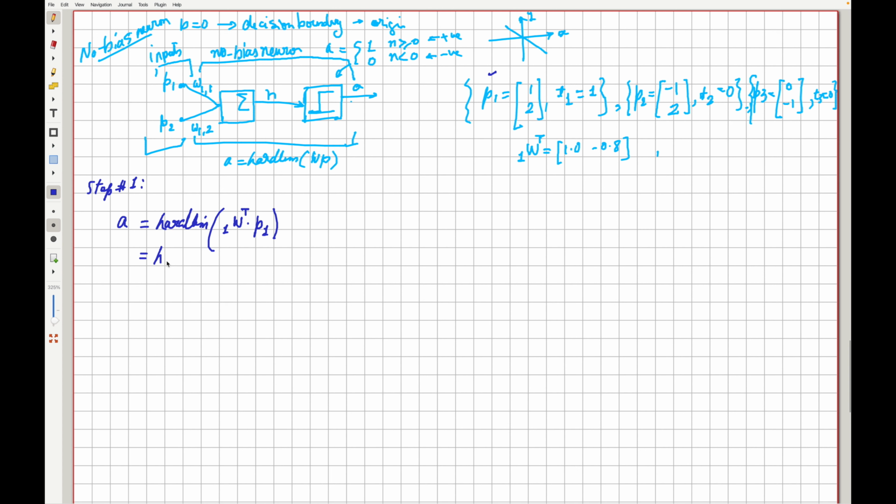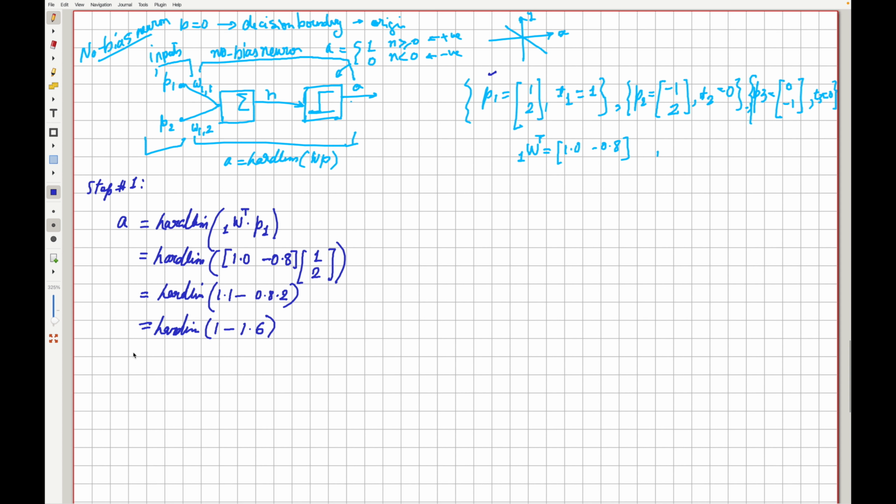So we say hardlim of (1.0, -0.8) times P1, which is (1, 2). We do not have any bias, so we just ignore that, and this calculation comes out to hardlim of 1 times 1 minus 0.8 times 2, and so what we get here for hardlim is 1 minus 1.6,